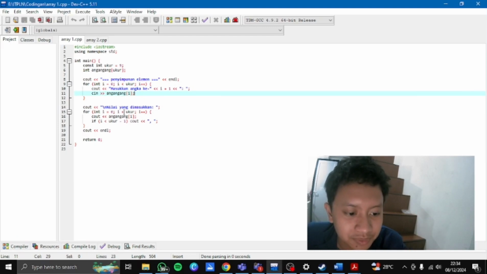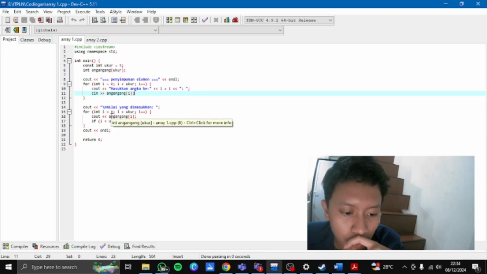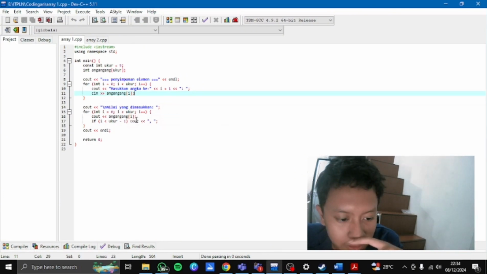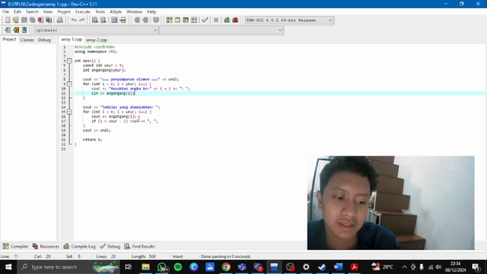And then the output section. The cout prints to indicate the start of the output section. And then the looping one loops through all elements of the array to display the stored numbers. And finally, the cout ang prints the value of the array at index e.